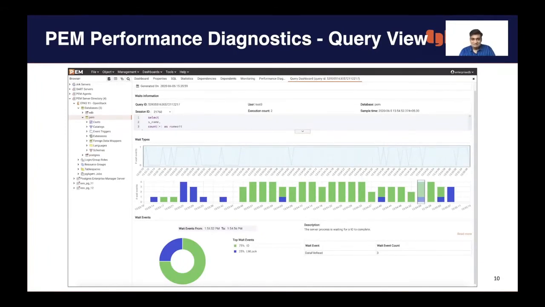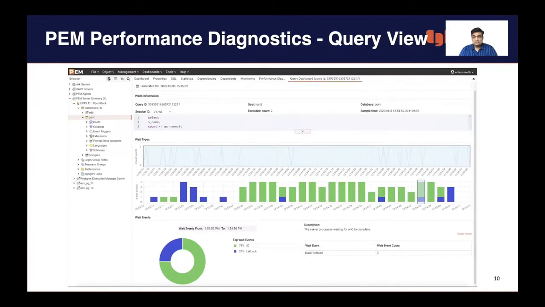And that will give you a lot of idea, like it has to wait for IO to happen. That means your data does not fit into the RAM to do the processing, and the table has to be loaded into the structure. And sometimes users are waiting for lightweight locks to be released, which you can see here in the blue. Those are the things you can analyze through the performance diagnostics tool.